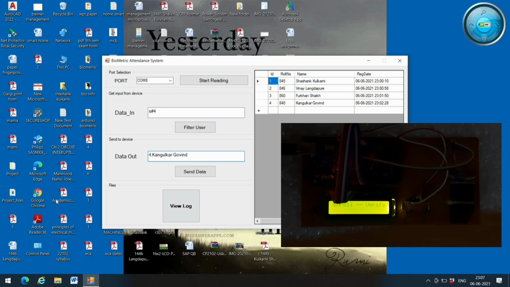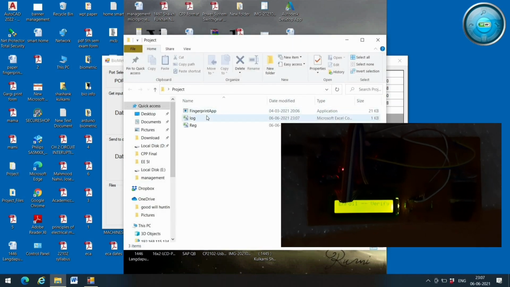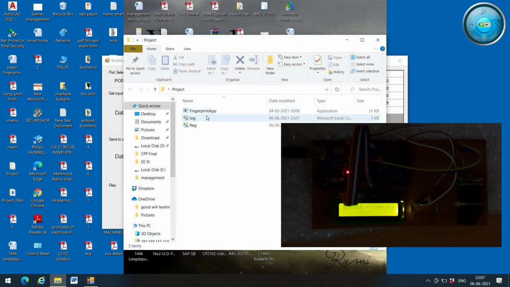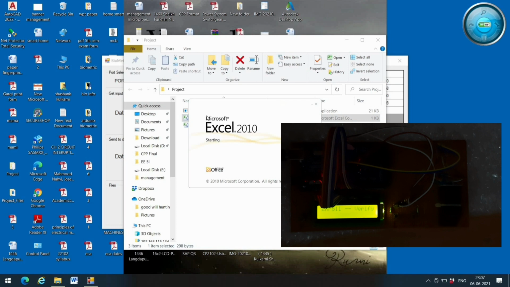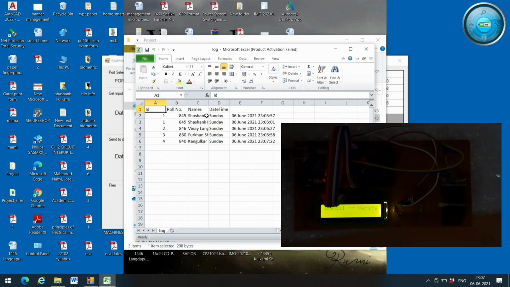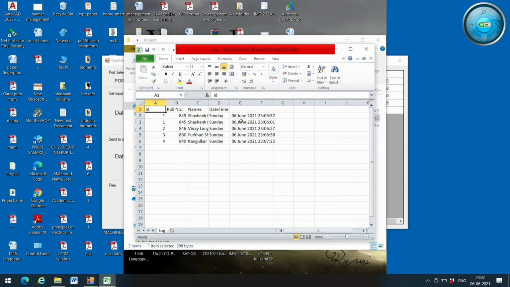Now you can check in the project file there is a log file. It is automatically created. This log file gives you the data of attendance. Here you can clearly see that on 6th June 2021, roll numbers 845, 846, 860, 840 have given their attendance.